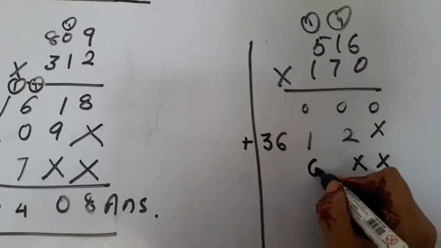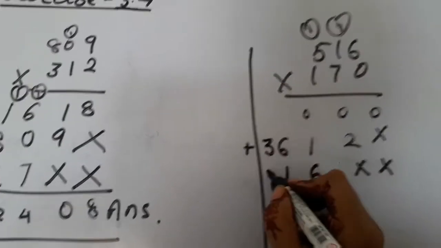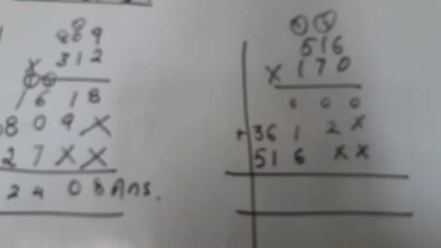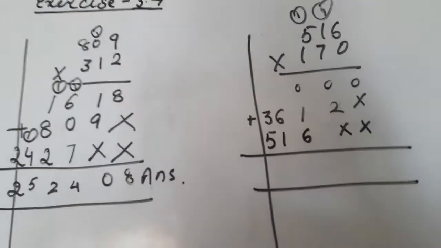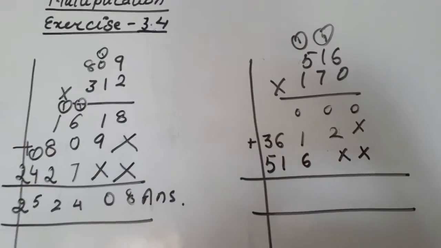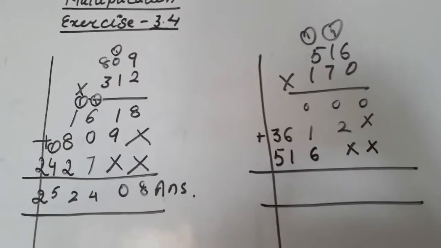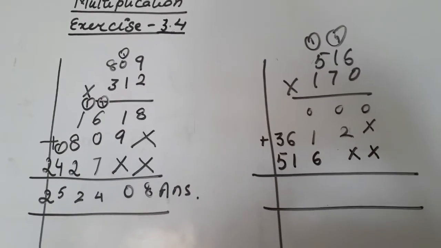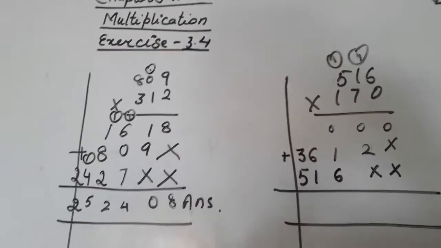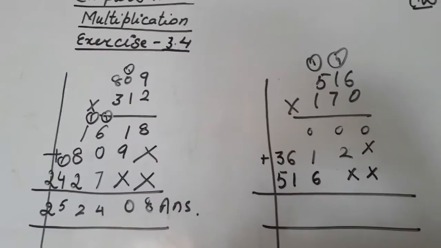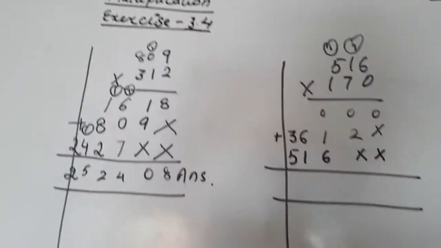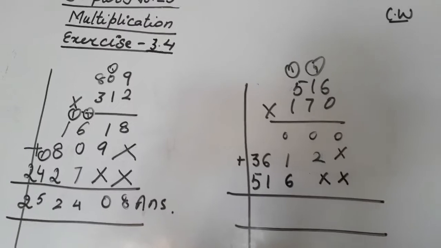Now 1 six is 6, 1 one is 1, 1 five is 5. Keep one digit in one box only. I am telling you again and again, your notebook should be neat and clean and in a proper and systematic manner. If I find any notebook is not like this, just as I am telling you, I will not check the notebooks and you will have to make them again. Okay? So please, it's good that you maintain your notebooks properly at one time only.